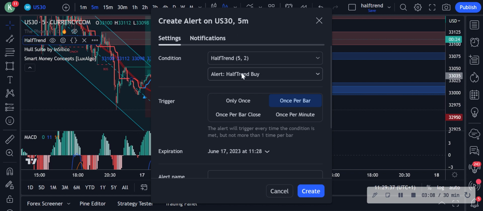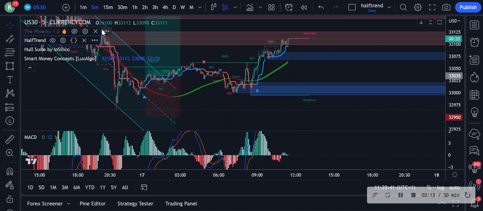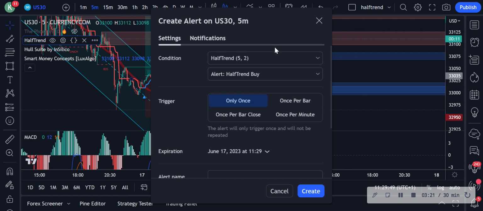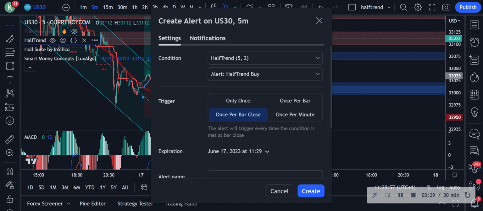So this is for buy once per bar, and then I'm going to create it. All right, that's one alert created, and then I'm going to go on to the next one. It's still a buy, and I'm going to click once per bar close. So once the bar is closed, I also want to be alerted, because I may have already done my homework